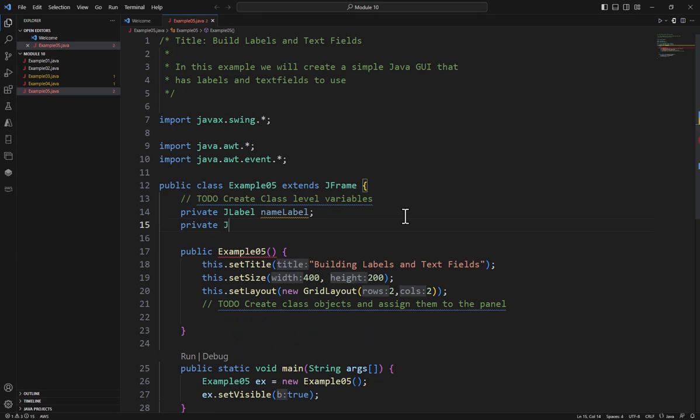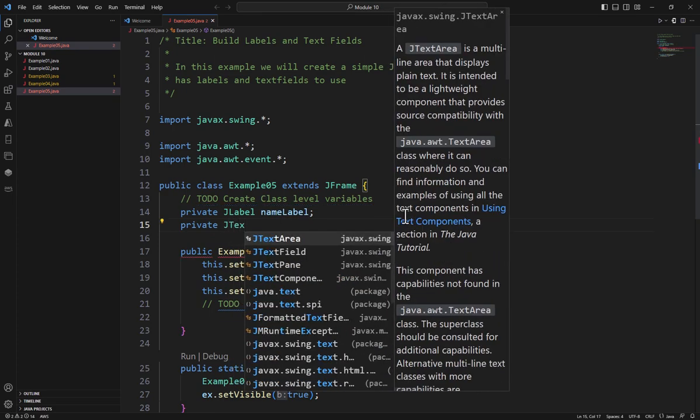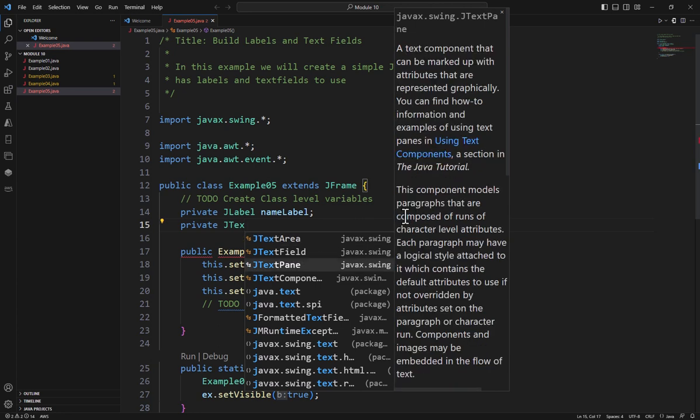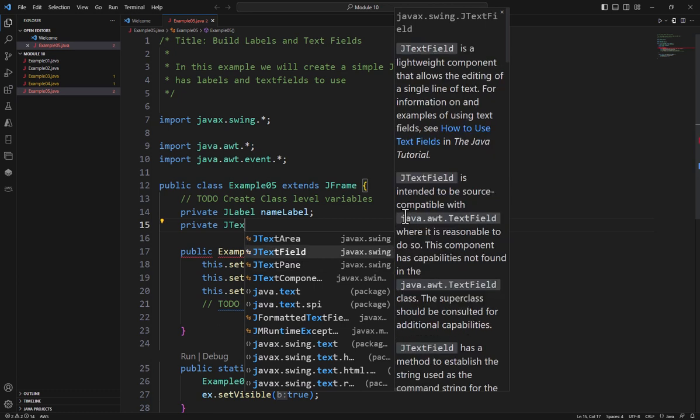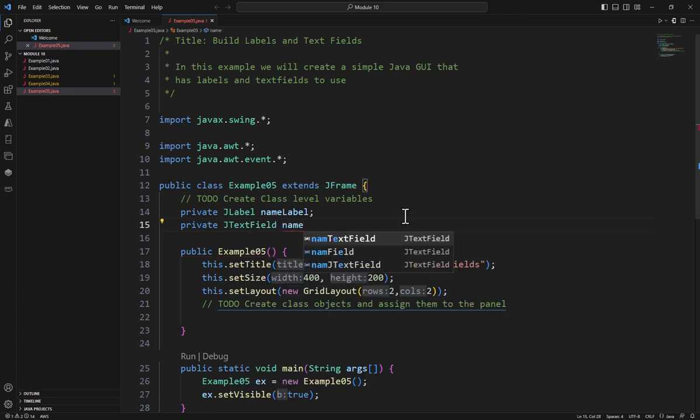And private JTextField. This is going to be a text field. There's also a text area, which is a multi-line display. There's a text pane, which can be used for doing some graphical representation. We're going to look at just the text field, which is a single line of plain text. And I'm going to call this name. So I have a label, which is named very similar to name. I always like to do that. That way I know what label goes with what other field I have, whether it's a text field, combo box,